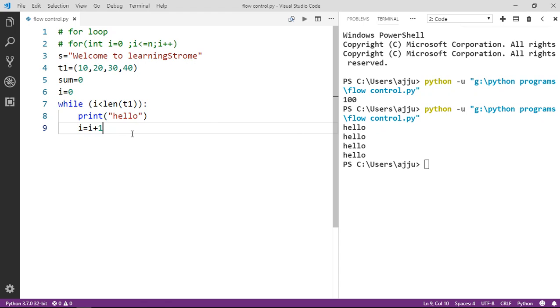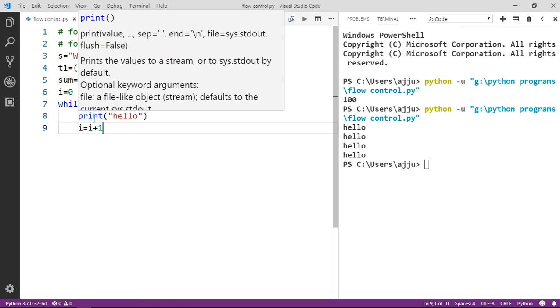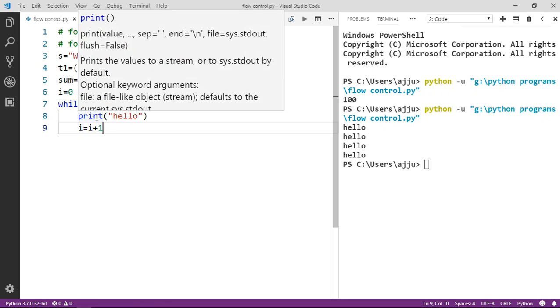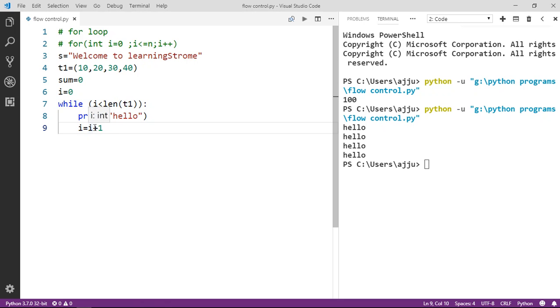So in this case friend, the syntax of the while loop is this simple. First we need to write the while keyword, and then we need to write the condition on the basis of which it will execute, and then we need to write the colon, and then the statement that we want to execute. And then at the end we need to increment the value of I,